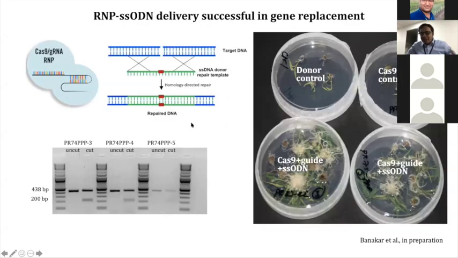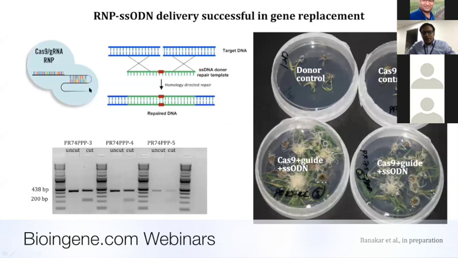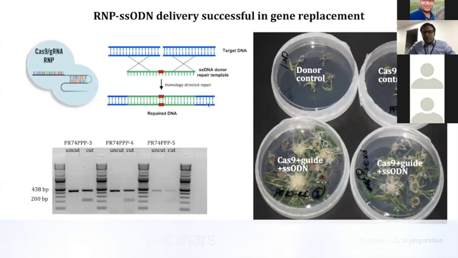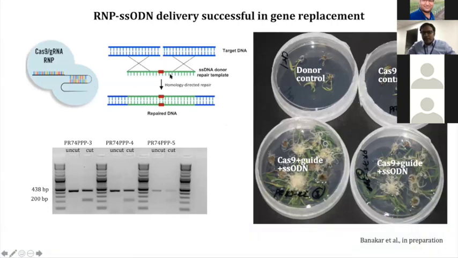So we did exactly the same. What we did was deliver RNP with the information delivered on the donor template. Then this information was incorporated in the genome using homology directed repair. Then we ended up having rice plants that were herbicide tolerant. I mean, this is incredible, right? You can simply change an amino acid and create a trait. This can be taken forward to several other traits.